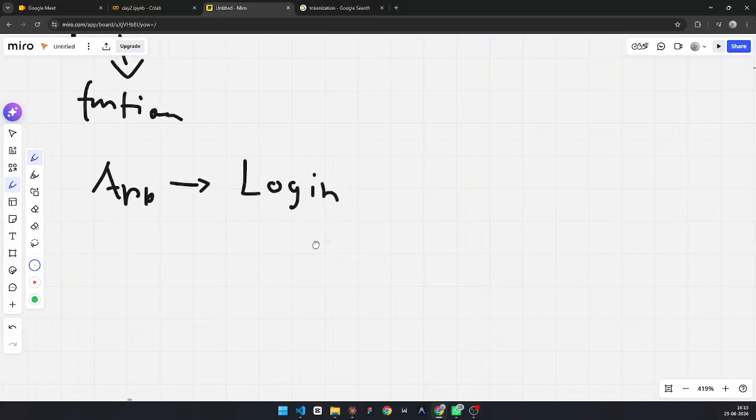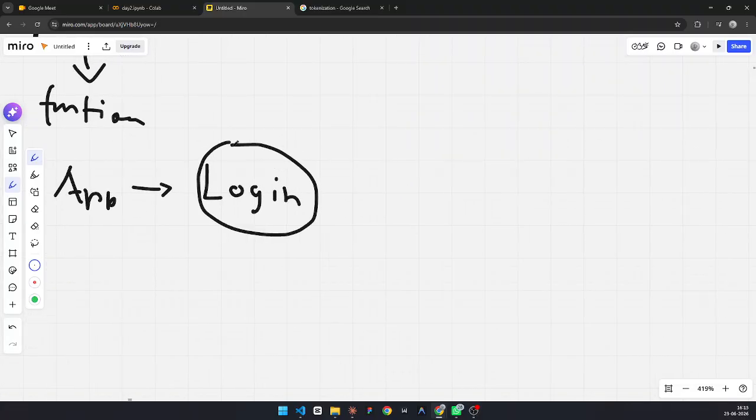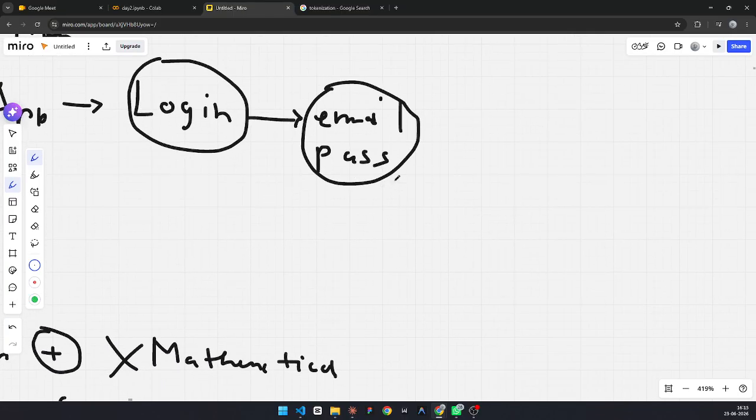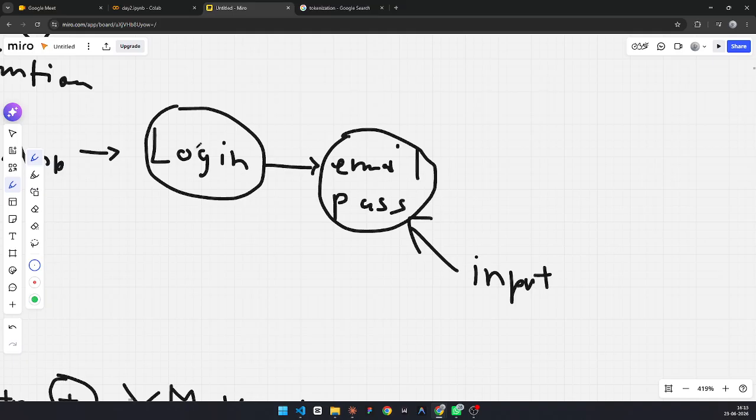In here, the email is not given at first. Rather, you type your email and password in the login, and this is the input. That means the programmer didn't write the data explicitly.